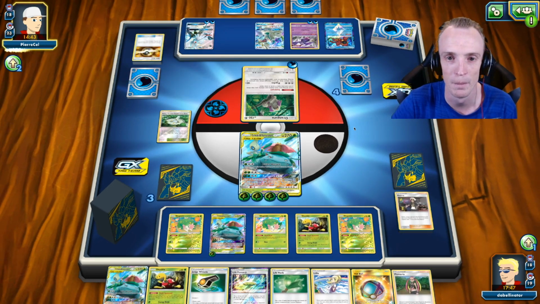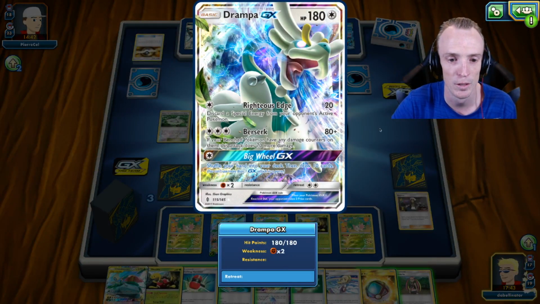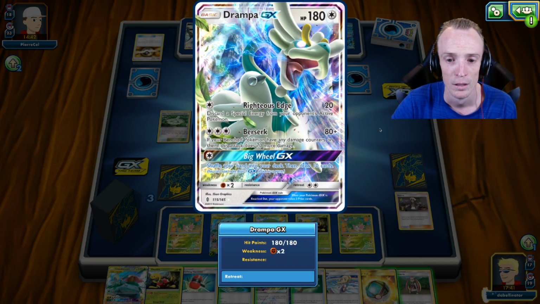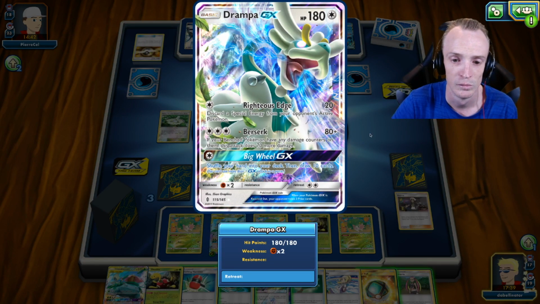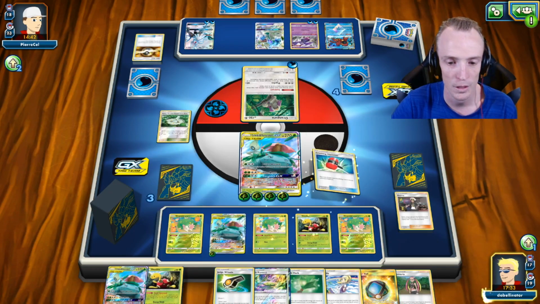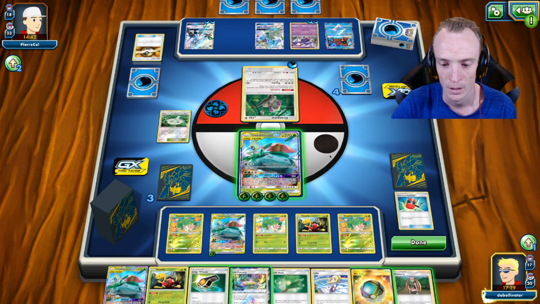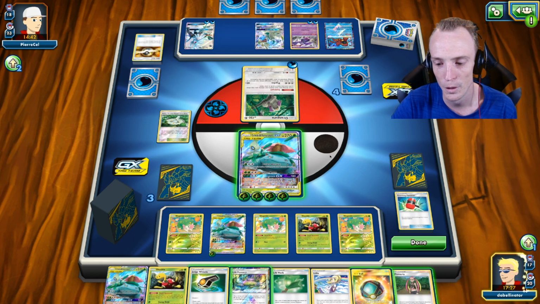Or maybe just getting up backup attackers, maybe. And this Jumper is interesting. Special Energies isn't going to worry me. Yeah, so the Jumper I'm not so worried about. What we will do is Crushing Hammer, see if I can get a heads. No, I don't. And now we'll go with...